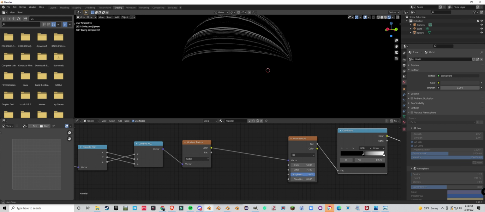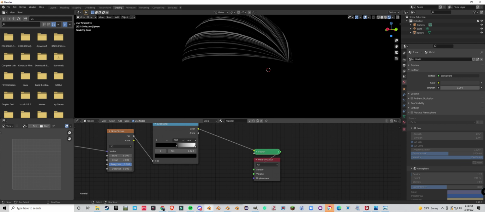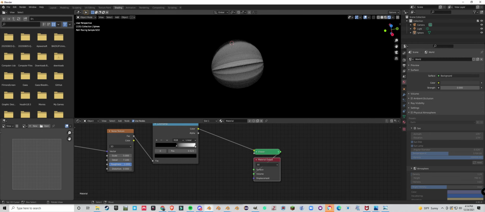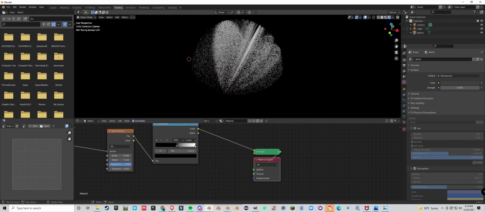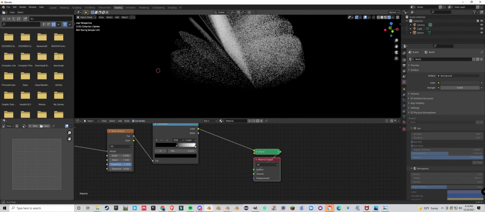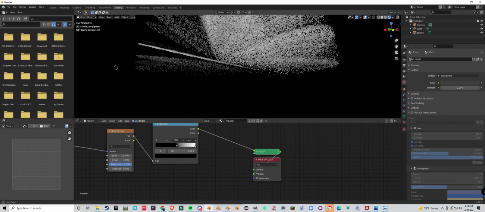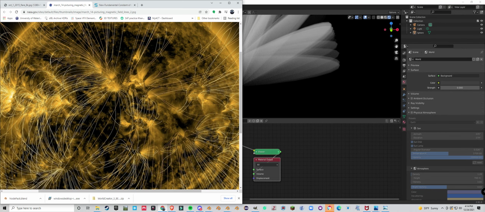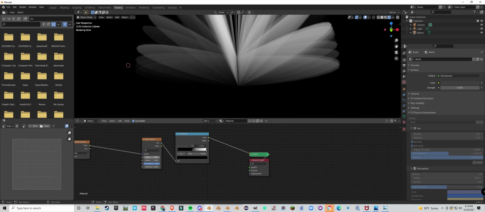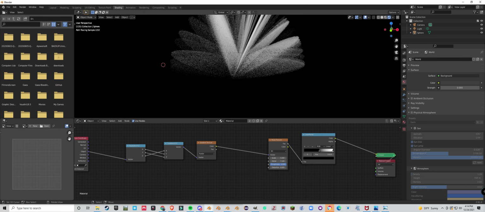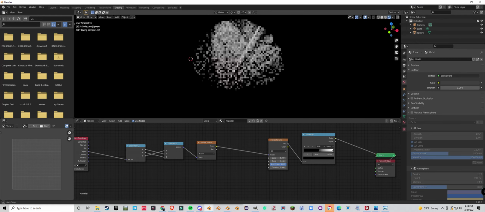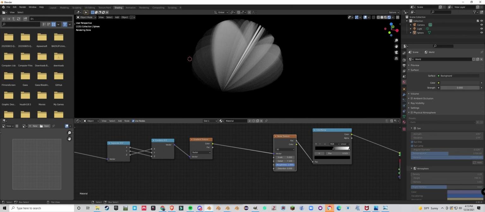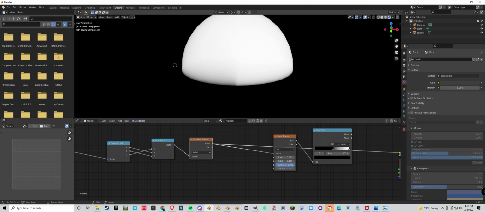So now what we're going to need to do is plug this, instead of into the surface, into the volume. It still doesn't look that good, and the reason is because we have these sheets here, and these sheets are frustrating because we can see clearly in our reference these are lines, not sheets. So how do we modify it? The issue that we're being presented with here is that we're only feeding one dimension into the noise texture, and that is our